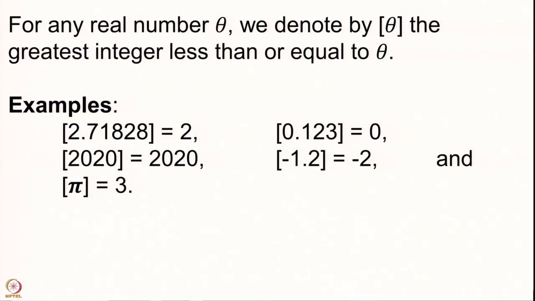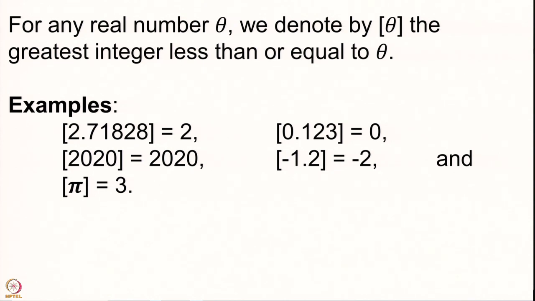In fact, if you plot them on the real line, you will see that you have 0, then you go to the left hand side, you have minus 1, and then you go a little bit further, 1/5 of an integer, and you will have minus 1.2. So, it is on the left hand side of minus 1, therefore, minus 1 is not less than that. The greatest integer less than or equal to minus 1.2 is minus 2. So, the floor function of minus 1.2 is minus 2, and finally, the floor function of pi is 3.